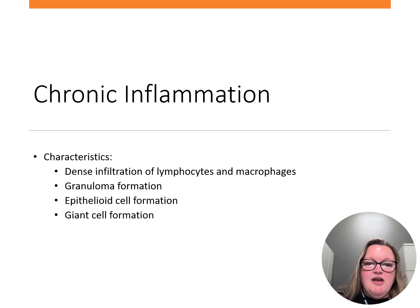Sometimes these macrophages turn into epithelioid cells. They specialize in taking up debris and small particles. Other macrophages may turn into multinucleated giant cells, which in essence are active phagocytes. They pick up much larger debris. Epithelioid cells and multinucleated giant cells make up the center of the granuloma, and then they are surrounded by the